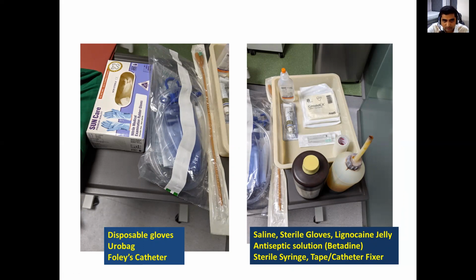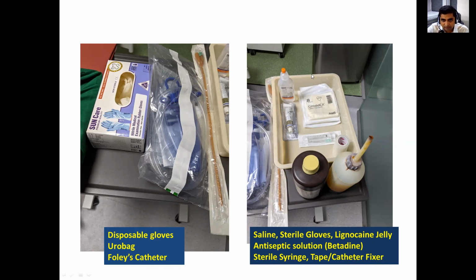to handle the positioning of the patient and maintain the urinary drainage bag while cleaning the genitalia. This is the urobag. The urobag ideally should contain the sample collection port as well. So it would be a closed system and we can collect the sample without disconnecting the entire system from catheter to the urobag. And this is the Foley's catheter. Choose an appropriate size Foley's catheter. It is actually very important because a smaller size catheter would lead to increased risk and a larger size would lead to trauma.